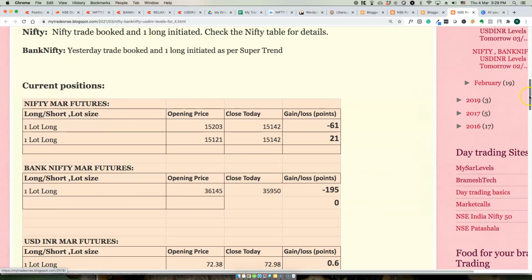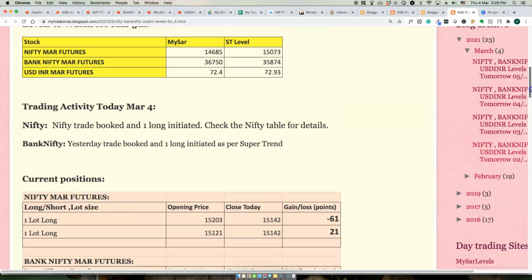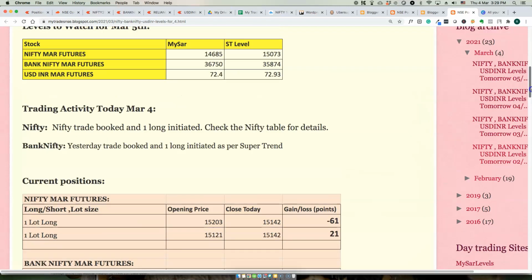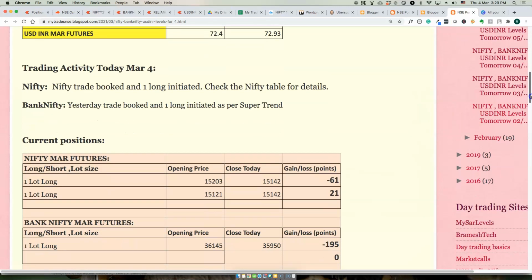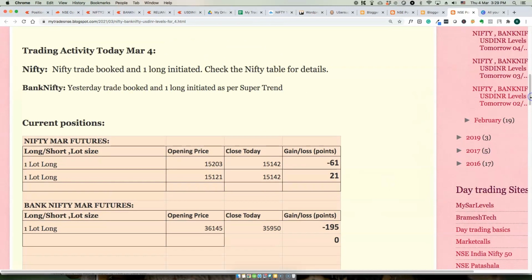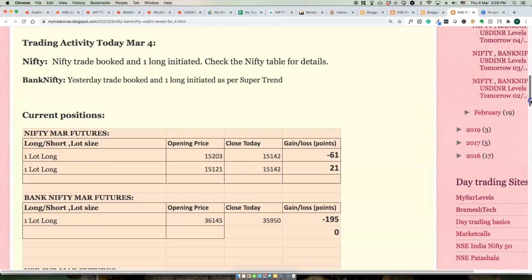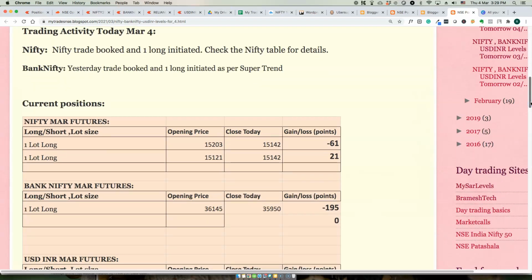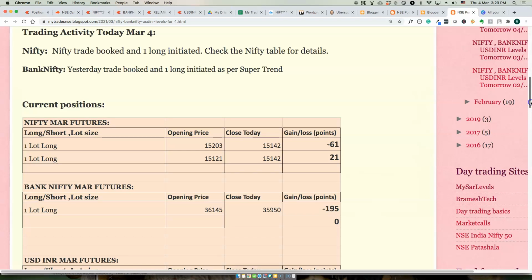And we have one position in Bank Nifty which is long. So I'm checking for Bank Nifty reversal levels. It's closer to 36,750. So we'll see how the market will be tomorrow. I think in the nearby session it will be range bound because it tested higher levels and lower levels. It probably settled down at this range for some time.